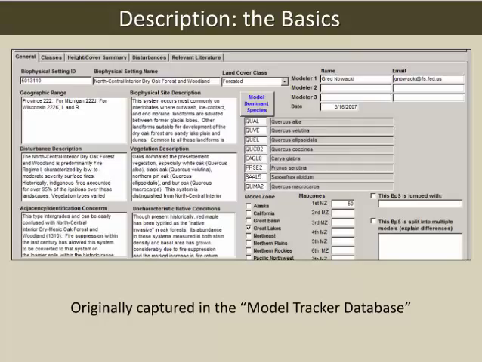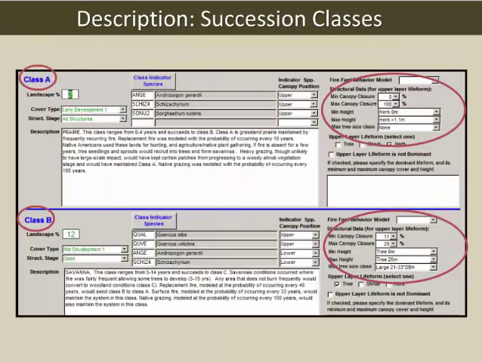We also collect disturbance information. Obviously, we describe the vegetation, and there are some other boxes as well. And again, we captured this information in the model tracker database. I wonder if some of you experienced the model tracker database along the way. We have some affection for this thing, even though most people might not.